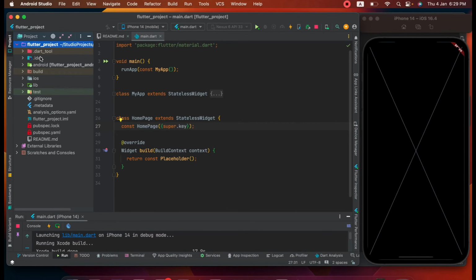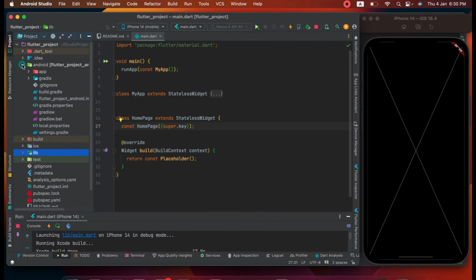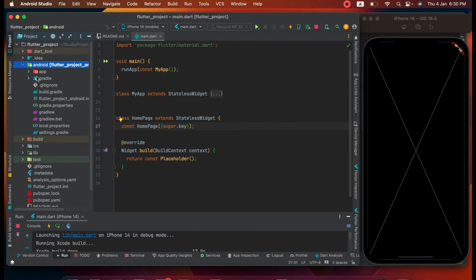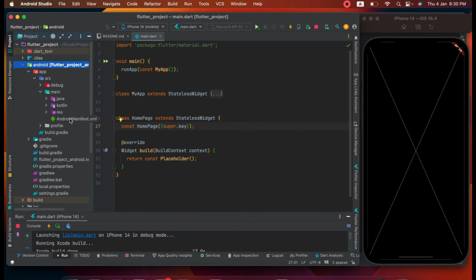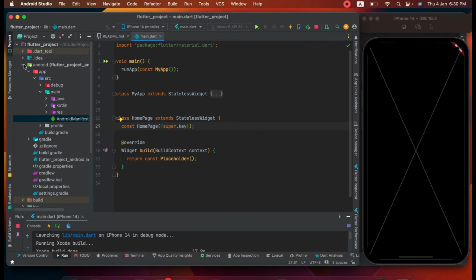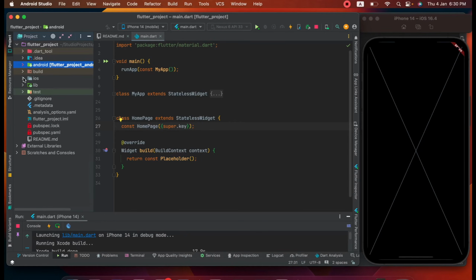Okay, if you open the project folder, you can see there are mainly 3 folders: one Android, another one build, iOS and lib. The Android folder is where we can write the native Android code, and we can write the configuration of Android like the Android manifest. If you need permission of an Android device, we need to write it inside the manifest. The native and core features of Android we will write in the Android folder, and